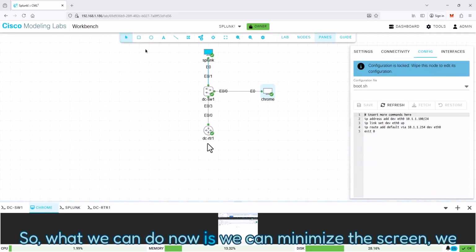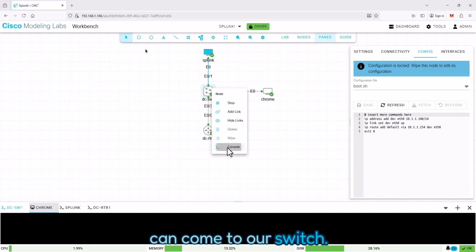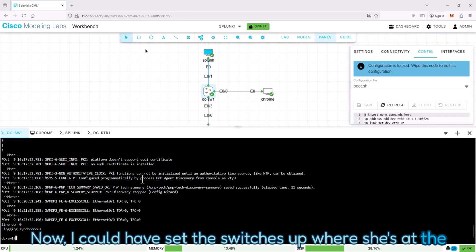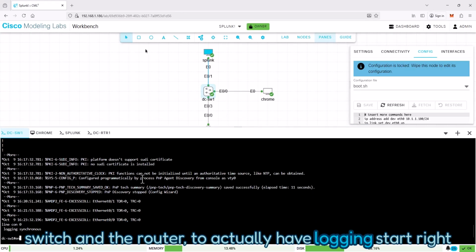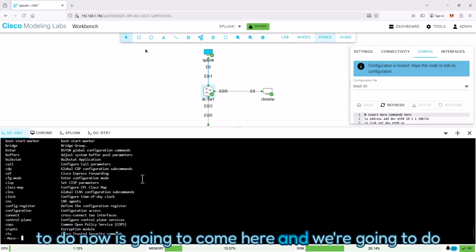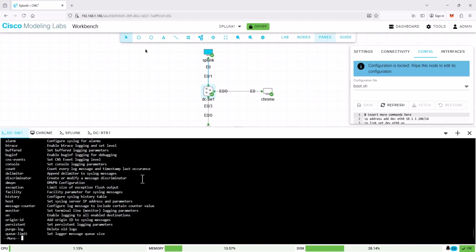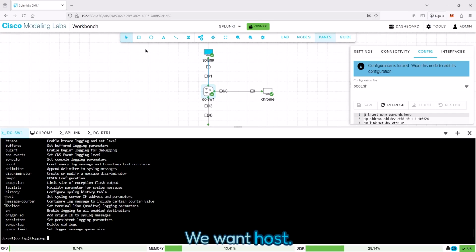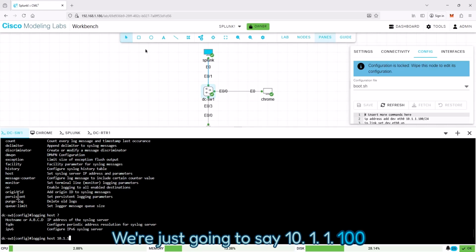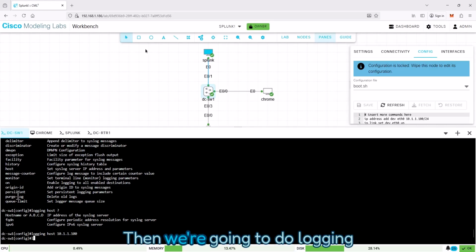So what we can do now is minimize the screen. We can come to our switch. Now, I could have set the switch and the router to actually have logging start right away. What I'm going to do now is come here and we're going to do logging. And we want host. And we're just going to say 10.1.1.100. And then we're going to do logging